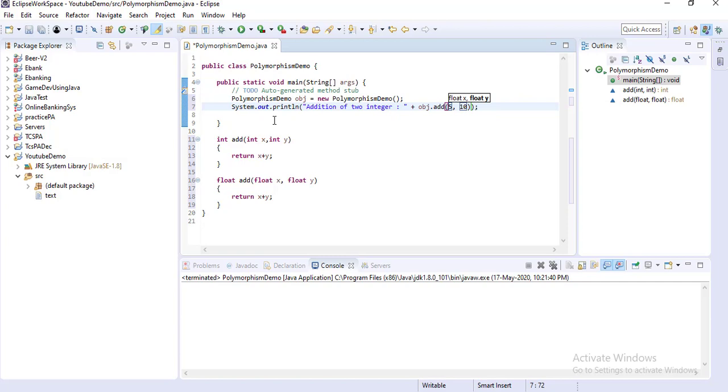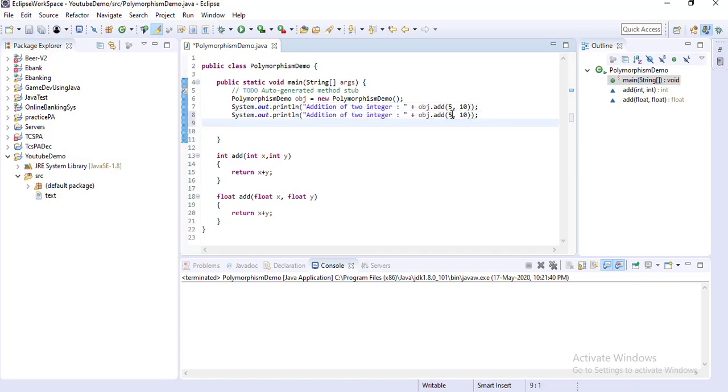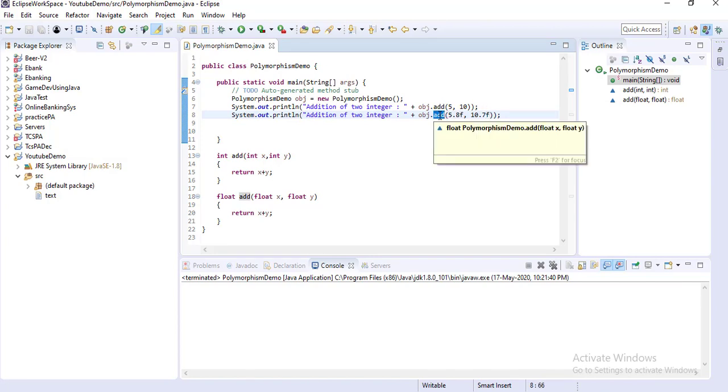This is the first call. For the second one I am writing the same method but changing the parameters, 5.8 and suppose 10.7. These are float values, so I am giving f. In that way I can call the add method with float parameters.